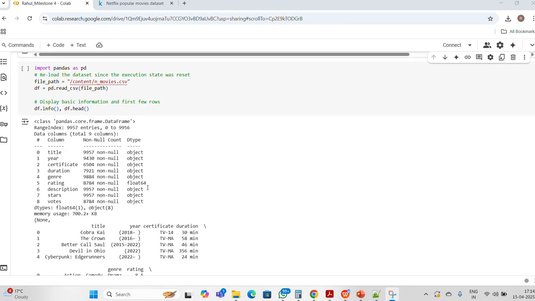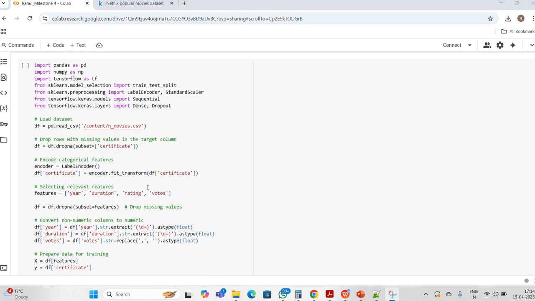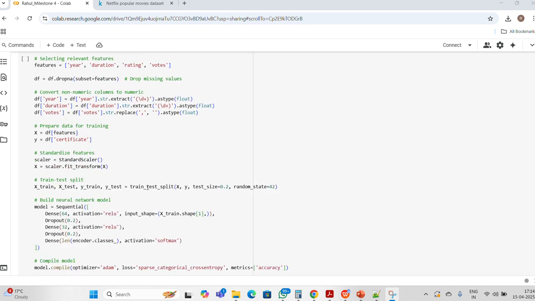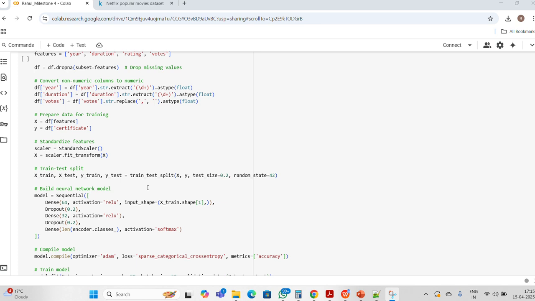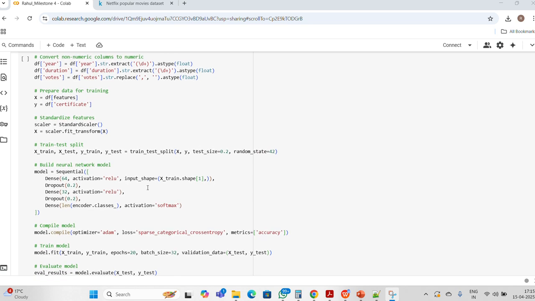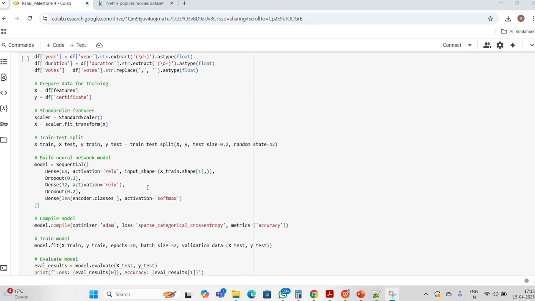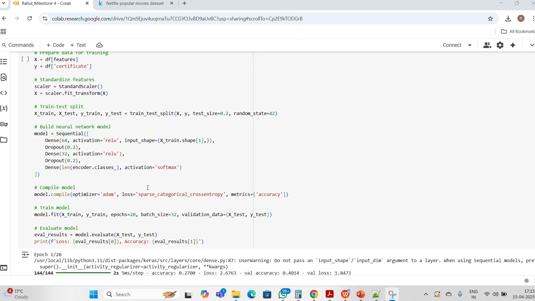And when we talk about a neural network, how does a neural network work here? Let me scroll down. So this is the neural network. It is also the same. For this neural network, we simplify things, selecting only numerical features: years, duration, rating, and votes, and manually converting the strings to numbers. That's common for it. And we use label encoding. Unlike before, we encode the target labels with a label encoder to get numerical classes for the neural net.